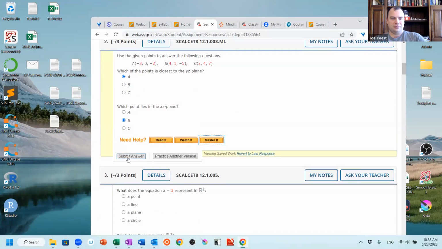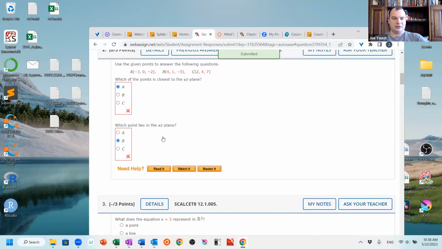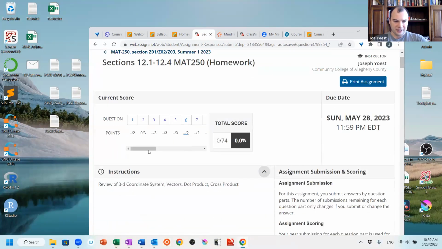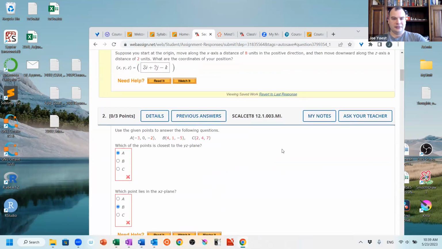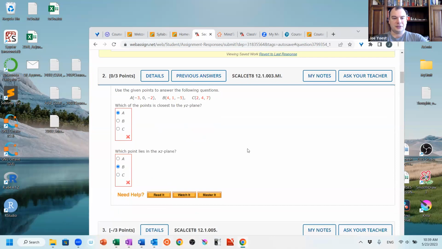Now, one of the nice things about this type of system, as I mentioned before, is that when you submit an answer, you get immediate feedback. So right away, I know, okay, I did this problem, but I got it wrong. Maybe I'll revisit that topic. Maybe I'll check my work. I can get a summary of that up top here. I see I got 0 out of 3 points for that problem. My score has been updated. So again,